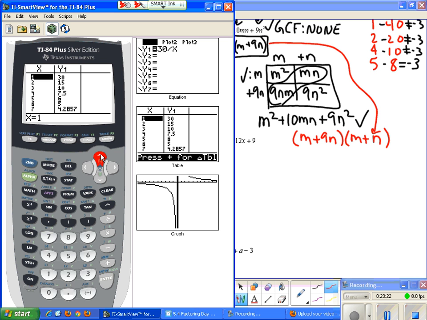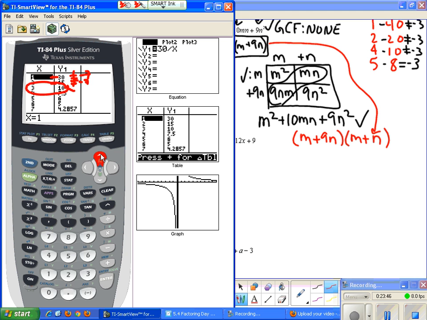So this would be negative right here. So 1 minus 30 does not equal -7. 2 minus 15 is also not equal to -7. 3 minus 10, this one right here does, so 3 and 10 are my factors of 30, because 3 times 10 is 30,